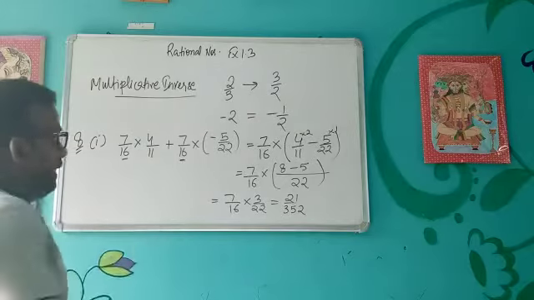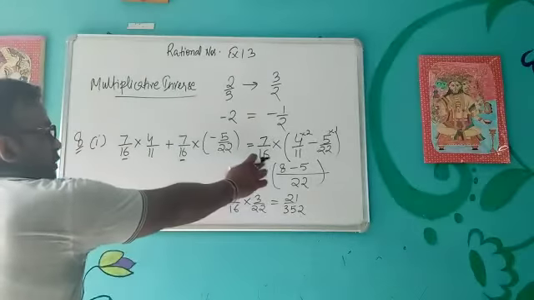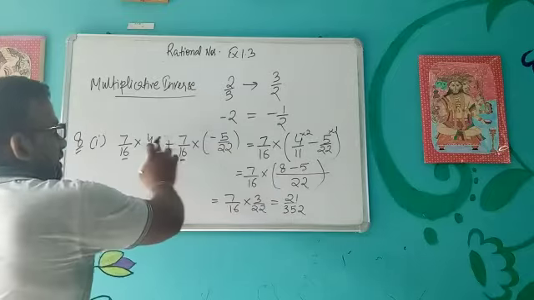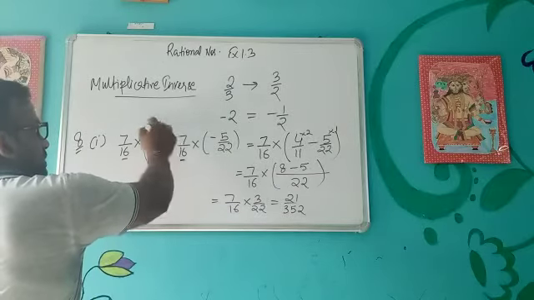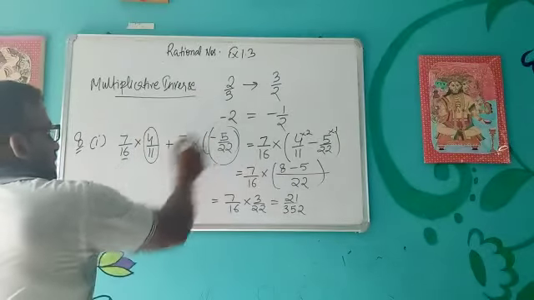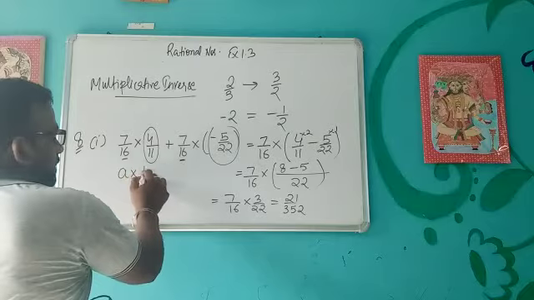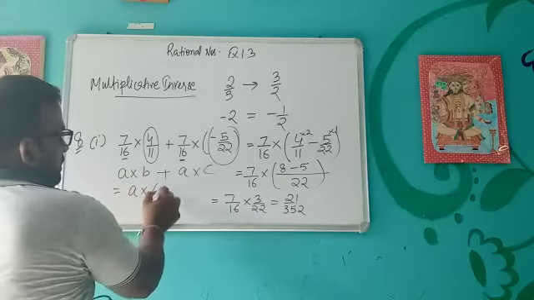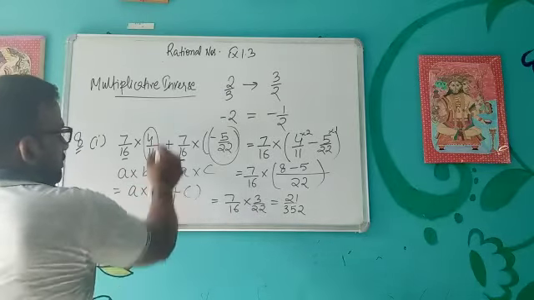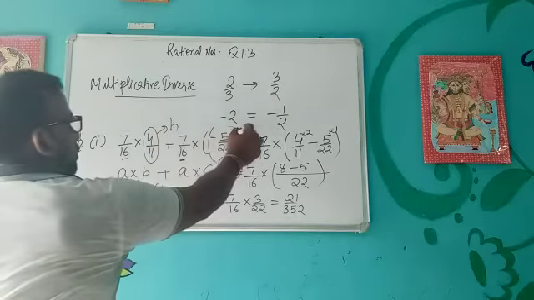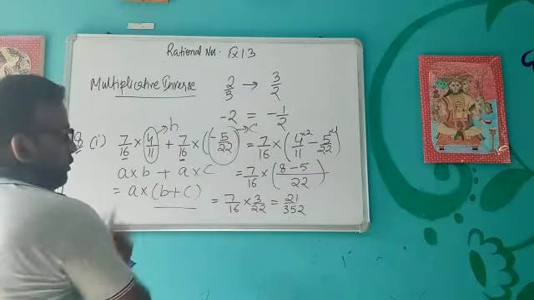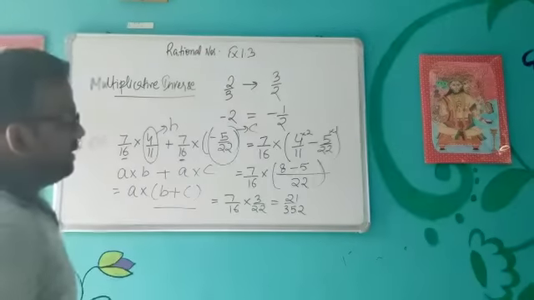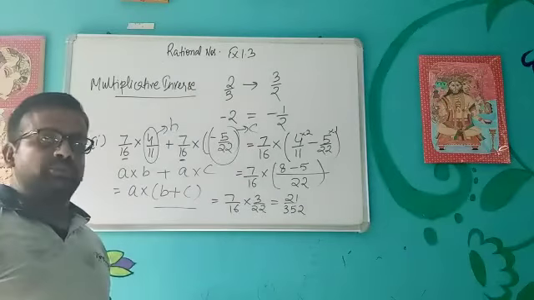First you have to identify the common term, then you will write the common term, then you will use the multiplication sign, then you will write the other terms, that is a into b plus a into c equal to a into b plus c. So what is our b? This is our b, and this whole is our c. So we will put all the values here. So you will get the required expression, and then you can solve like you solved in the previous questions.